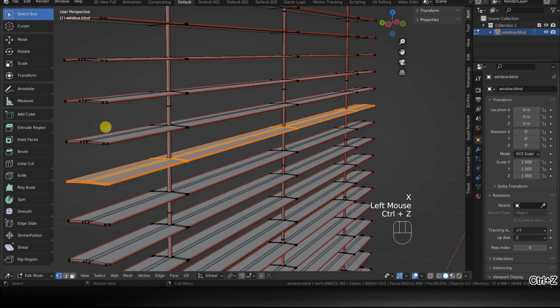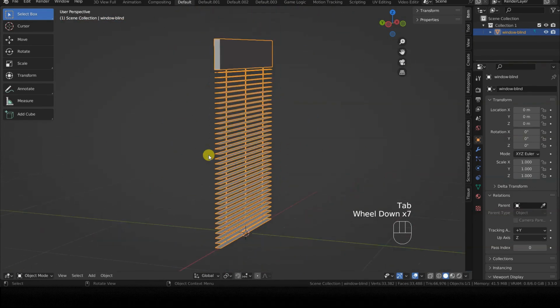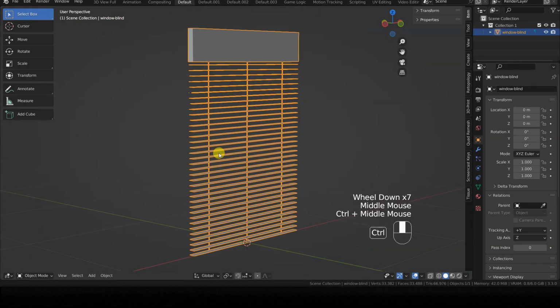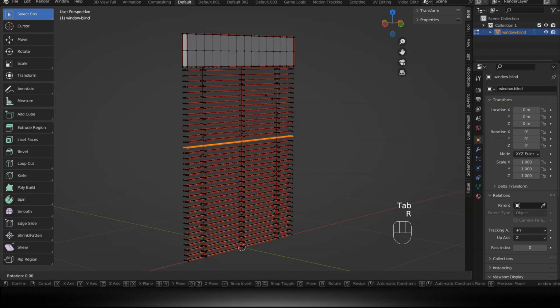Therefore, we shouldn't just separate the slats from the rest of the structure, but we also need to separate them individually, to obtain many distinct objects, each with its own correctly set origin. Subsequently, we will look into linking the rotation of each slat to the rotation of a single slat, which will serve as a reference for all the others.